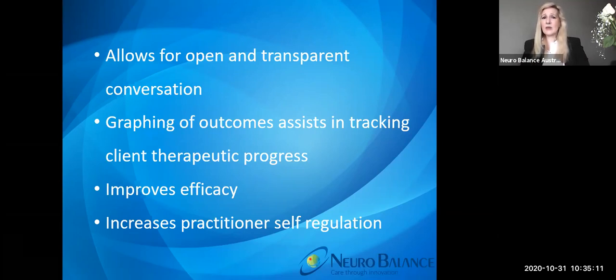The other part of it is the graphing of the outcomes. It really does give you an idea of how that patient is tracking, and whether you're effective as a practitioner. You can see straight away when there has been a blip. They may be tracking along really well, and then all of a sudden something's happened in their life and their scores have blown out again. And that's really great because you can just say, hey, things are going really well, what's happened? Rather than waiting for them to get around to telling you what's really going on. So our efficacy is improved simply because we've got access to this tool and have an understanding of what is genuinely going on for our patients.